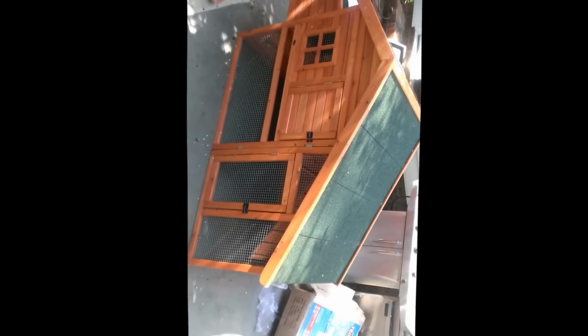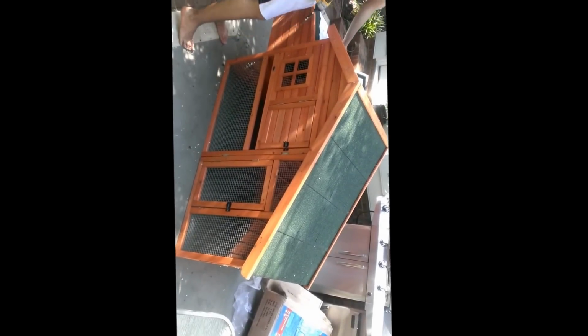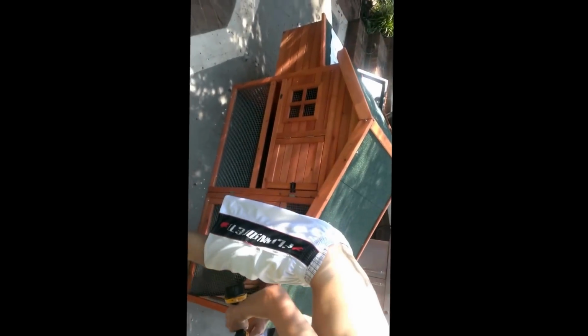I believe the Amazon.com link is where we purchased it, but I'm not really sure if it was Amazon. I can't remember. Well, we'll put a link down below to where we purchased it. It actually had free shipping, so it was quite a deal. I think we paid somewhere around $2.30 for it on sale. So it was quite a bargain, and I hope you enjoyed this video. And I hope that helps you a little bit when you go to assemble your own